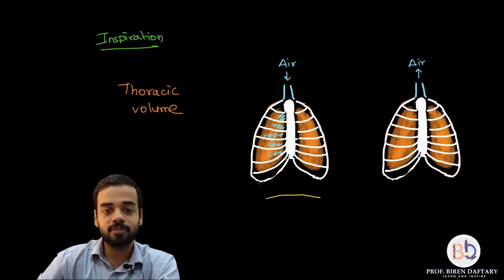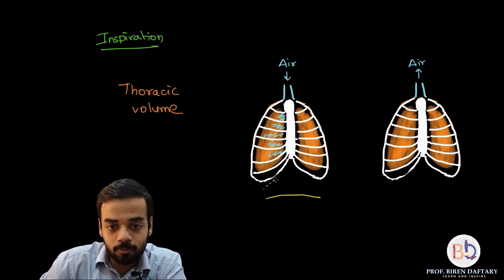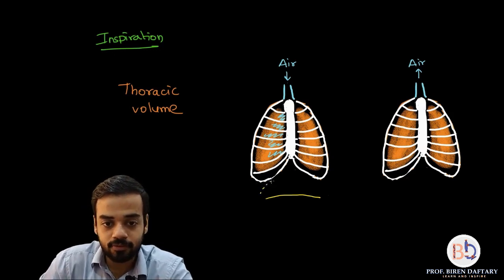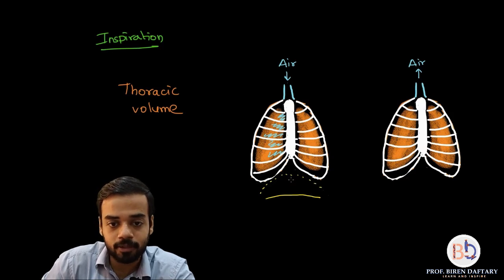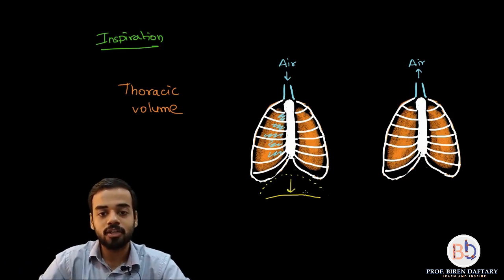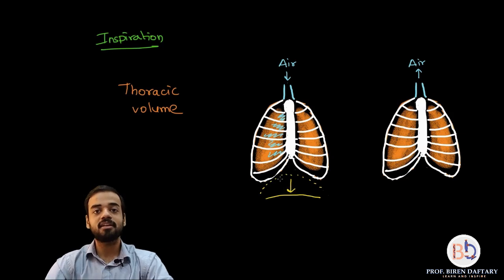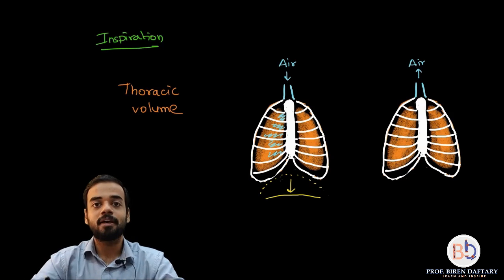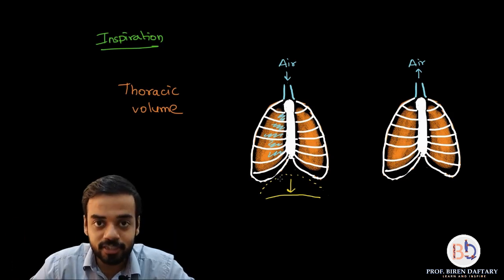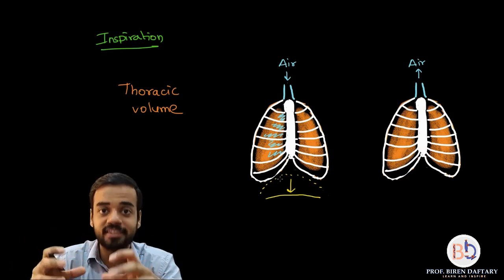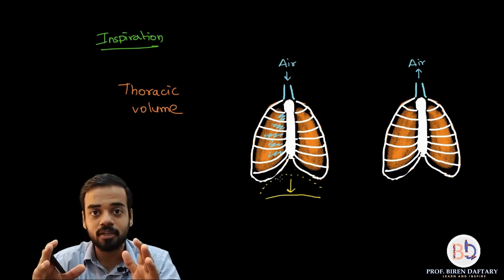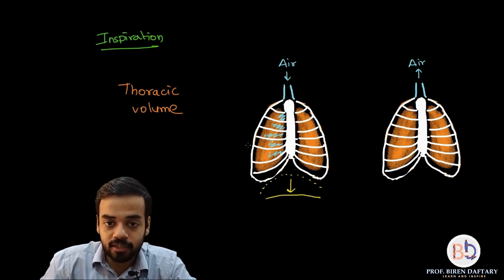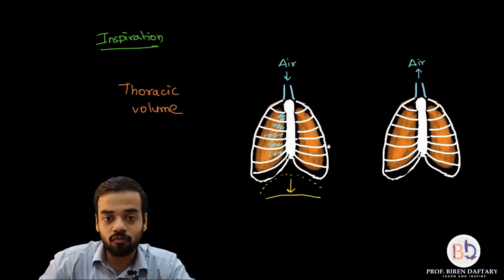Because the diaphragm has contracted, and this was the original position of the diaphragm. Since it has contracted and gone down, the space over here has increased. Similarly, the intercostal muscles have also contracted, so the rib cage has opened up, and because of that, the space inside the rib cage has also increased. So overall the volume of the thoracic cavity has increased. Do you all agree with me? So now if the volume over here increases, this entire volume increases.